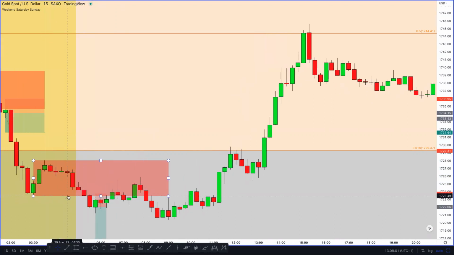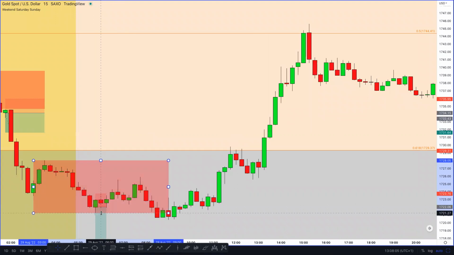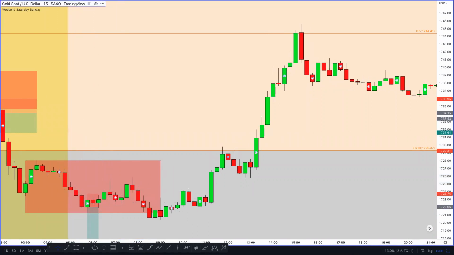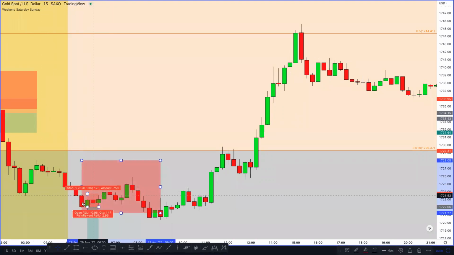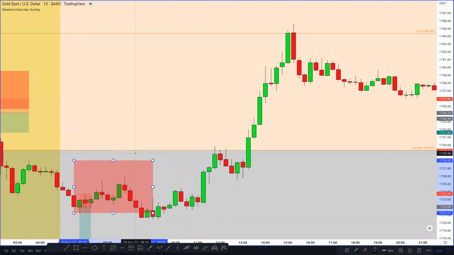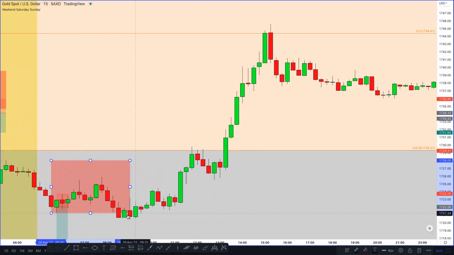So now what we're going to do with this box is move this box down to here, because our swing high is still here and our new swing low is down here. So we're just going to wait and be patient and see what happens. So we just move this across. Just keep it there. And then we're just waiting to see if we see a breakout to the top side or to the bottom side. And then obviously we can see here, there was another breakout, which again would have been a losing trade.